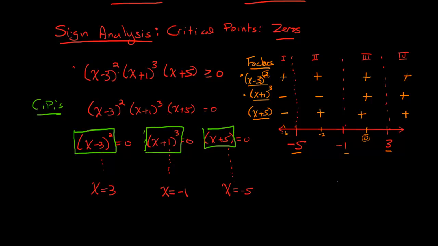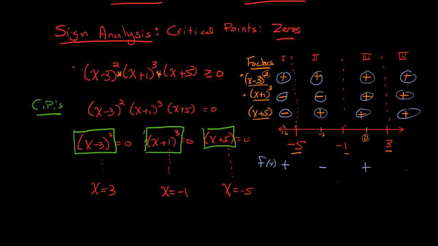So remember here, I am multiplying each one of these terms together. So what should I do with each one of my signs? I should multiply the positive times the negative times the negative. So I know my function f of x, positive times a negative gives me a positive. A positive, a negative and a positive gives you a negative. Positive times a positive gives me a positive, and a positive and a positive and another positive gives me another